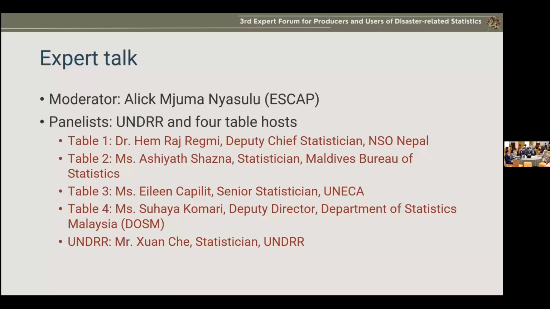If these details are not available, and in most countries, frankly speaking, these data are not available, that was the response from the colleagues on the table this afternoon, then we have to do some proxies. One proxy that was suggested was a tropical livestock unit, which is very common in SDG measurement as well. We have to convert all livestock into tropical livestock units, and then there are a few standard prices, at least at the national level, if not at the regional level. If prices are available at the regional level, we can use those; if not, then we can use the national level, or even some previous prices.